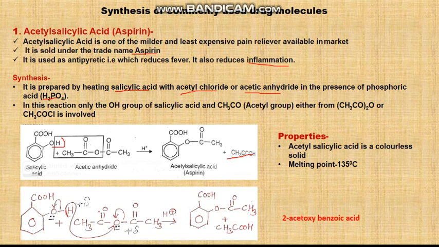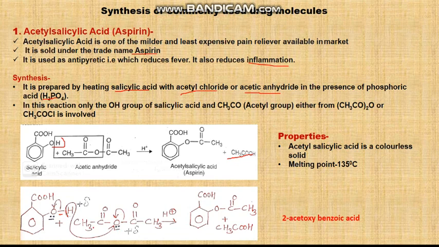So let's have a look of mechanism. Since we know that the oxygen is more electronegative than hydrogen, so as a result of which what will happen, this will take away the bonded electron towards itself, and as a result of which it will acquire a negative charge with two electrons. And in this case the oxygen is more electronegative than carbon atom, so similarly this will take away these bonded electrons towards itself and this will acquire a negative charge.